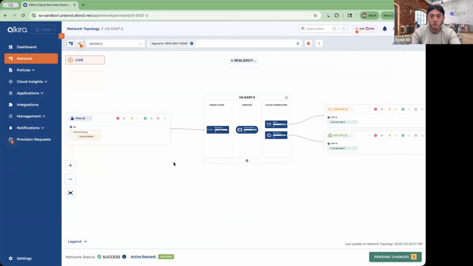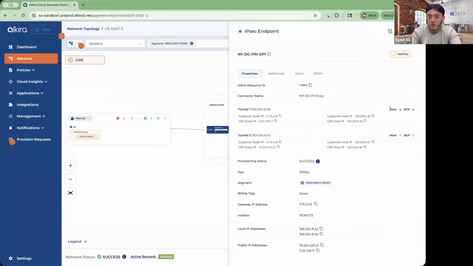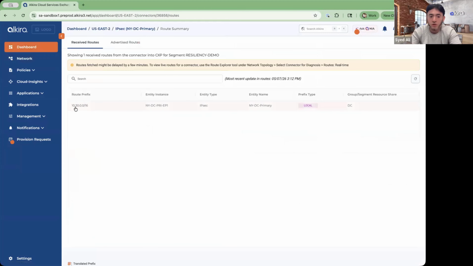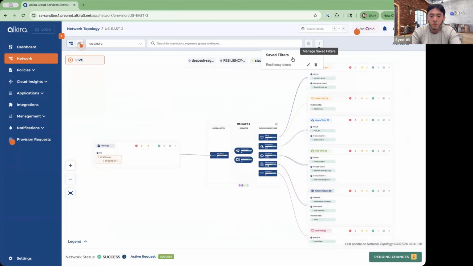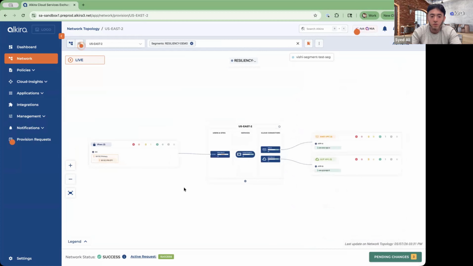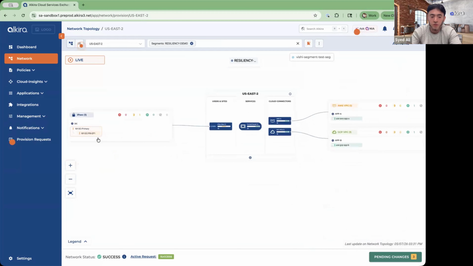Yeah, exactly, Santosh. This has just simulated a single availability zone failure. If a user logs in, they can see this is in a partial state. One of the connectivity is down, and you can see that both IPsec and BGP are down here. However, I'm still learning the routes that I was learning, so that is still there and healthy because I have the second AZ up. I'm going to go back to that view here, so the connectivity is up.